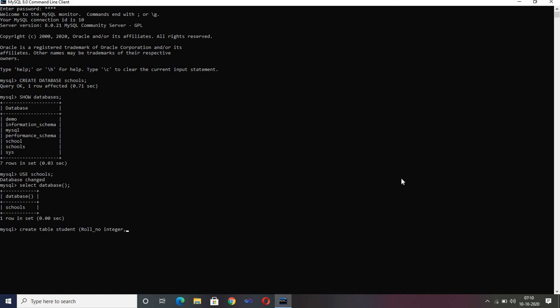Then we will use a comma and space and write the name of another column. Now we want the name of the student, so I can write name. You can have first name or last name columns also. So name, and do we know the length of anyone's name? No, right?